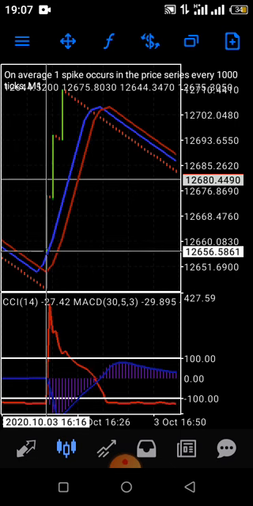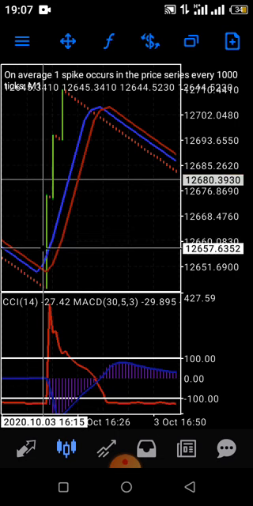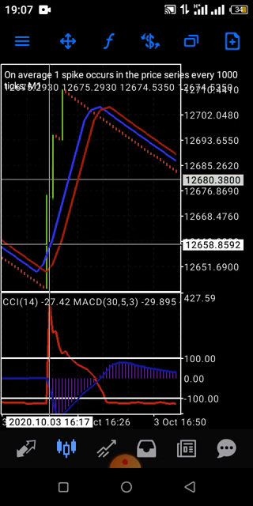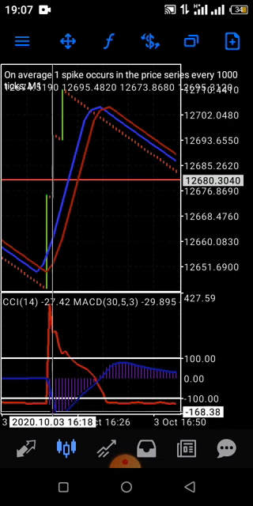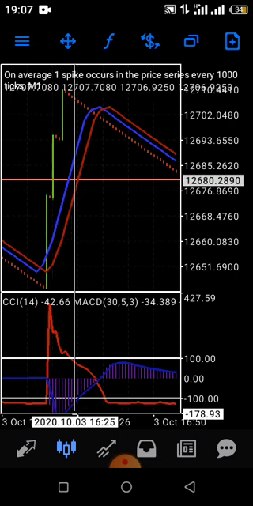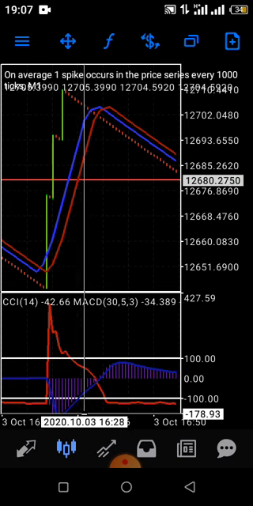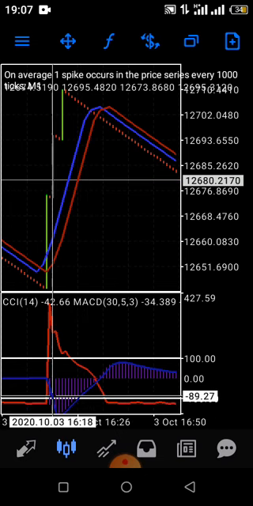It will come and cut this series of spikes, and the moment it cuts, it goes down. It will go to the oversold, and when it goes to the oversold to start coming up, the thing is,